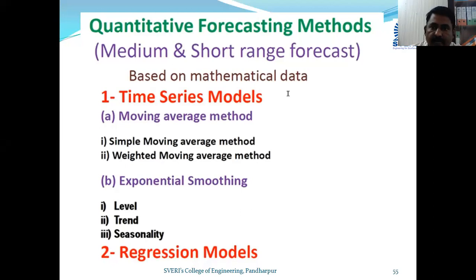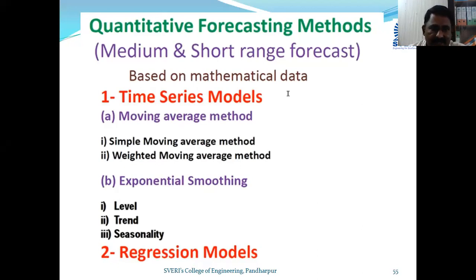Let us start. So we are discussing the chapter related to forecasting, and we have discussed different methods in the last lecture. So just taking a review, I will take just two methods: the simple moving average and the weighted moving average, and then we will proceed further.